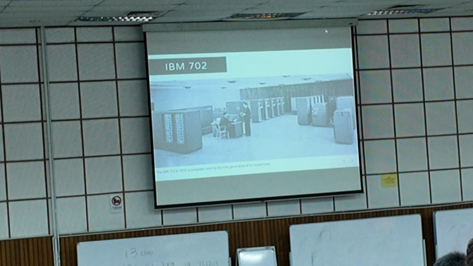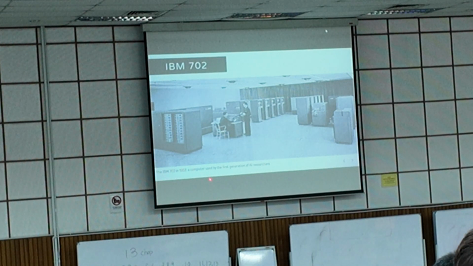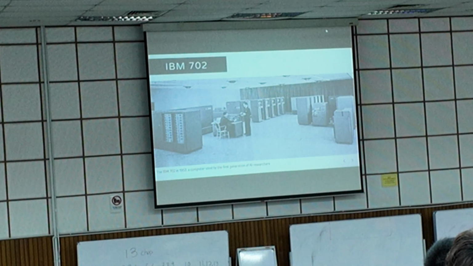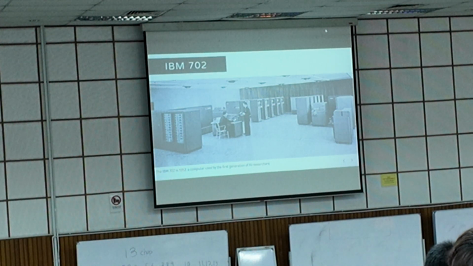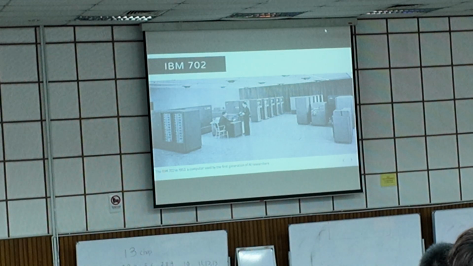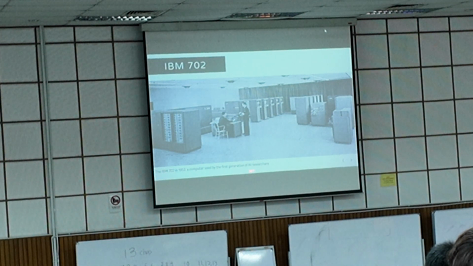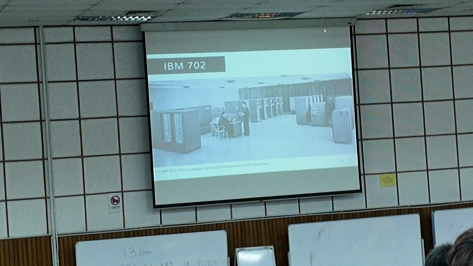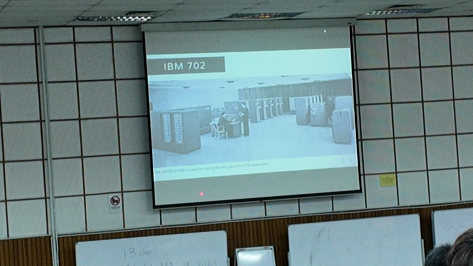We have various answers here. We have a server, we have a computer. So what is this? The answer is already given here. It's a computer. Thank you. It's actually a computer used by the first generation of AI researchers. It doesn't mean that it's the first computer, but it's the first computer used by AI researchers to build AI applications. It is known as the IBM 702 in